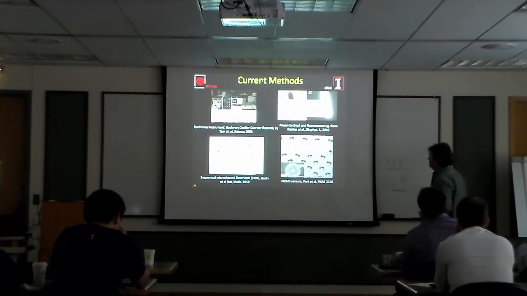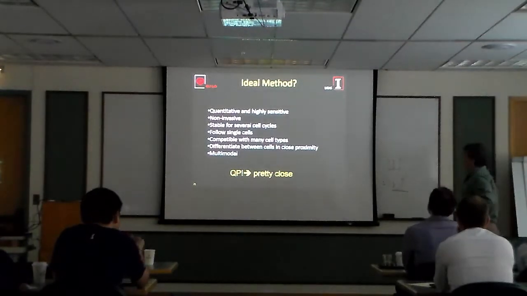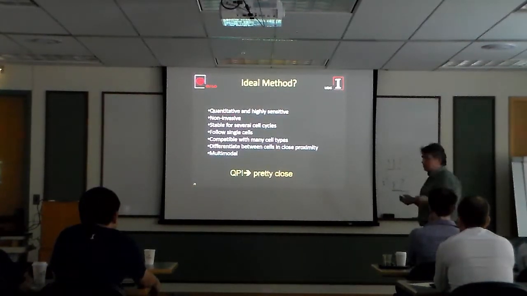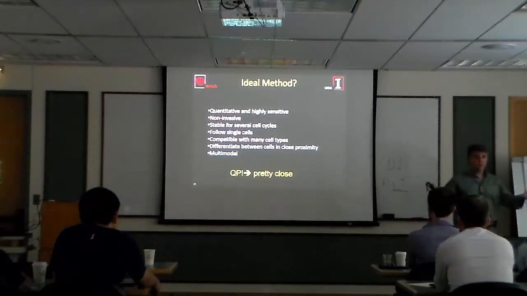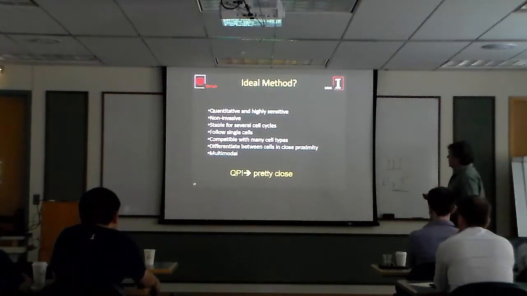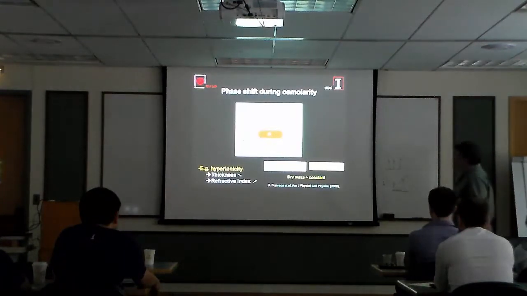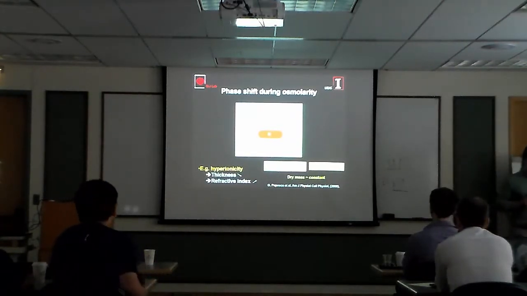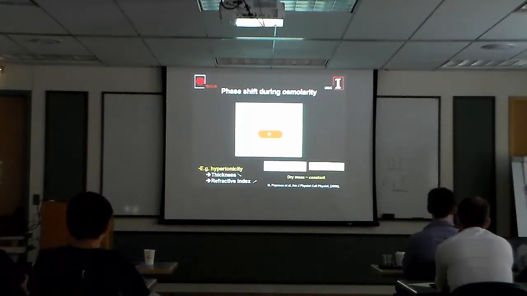So with these limitations, we started to go back to our interferometric measurement. And we think that quantitative phase imaging is actually very close to being ideal because you don't add anything to the cells. You can measure one cell, a million cells, adherent or not. And you can decouple morphology. But you may wonder, what does phase imaging have to do with mass? And actually, this is the paper that the Science paper was citing. The concept is very old, comes from the 50s, from the time phase contrast became more commonly used, from England.